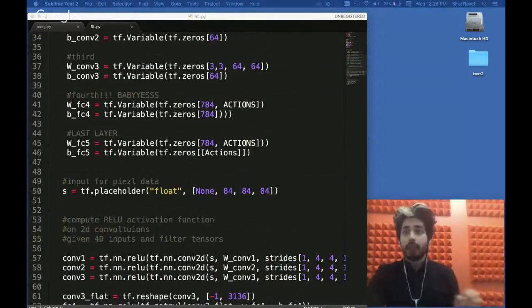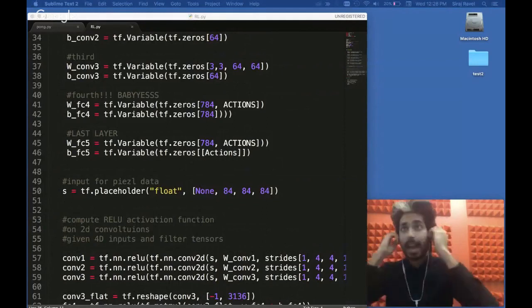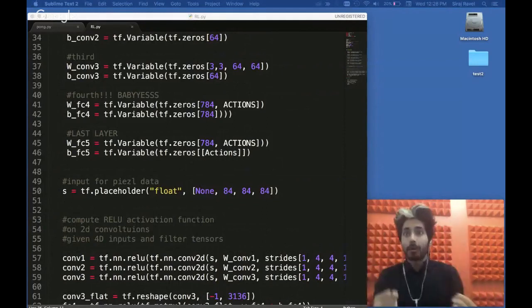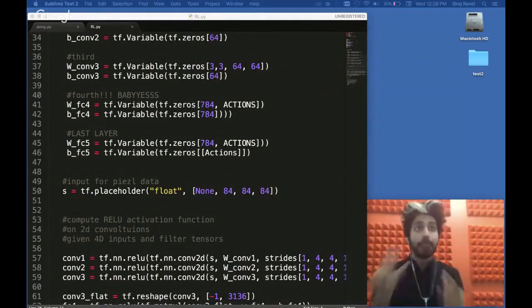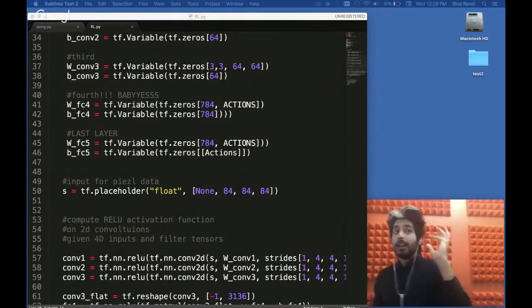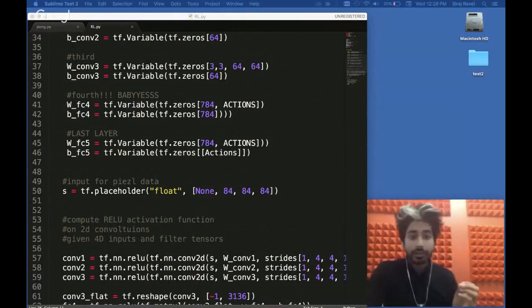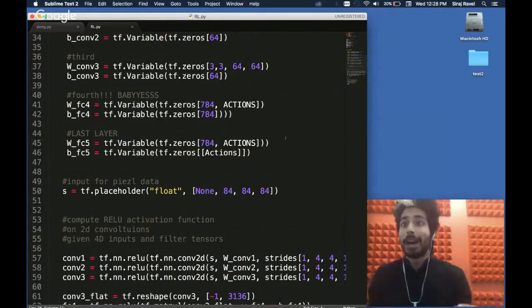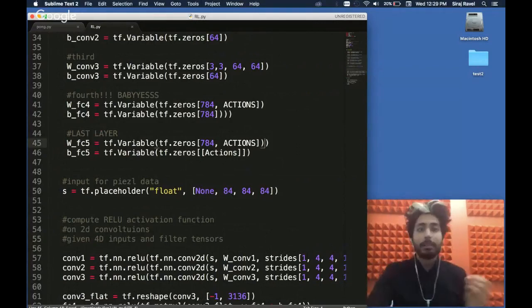I know there's a lot of errors, and we are running out of time because I only allocated an hour for this, and this is my third time live streaming. We're going to have some errors here, and I do not have time to fix the errors. But let me explain what I've done, okay? Let me just go over what I've done.